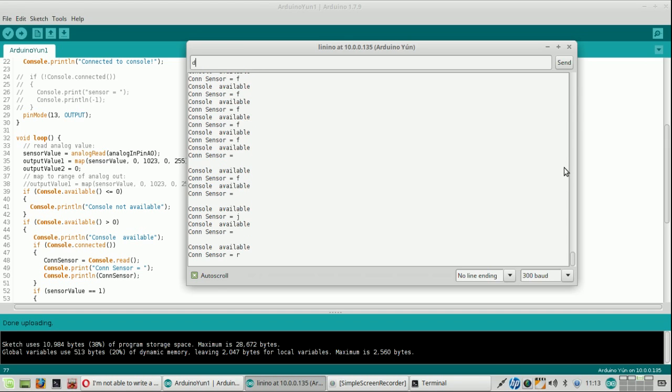So this works clearly. Console is available and it is reading. It's reading the keyboard input. So when I go here,